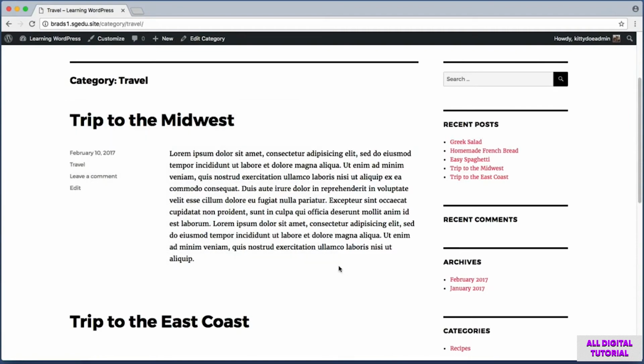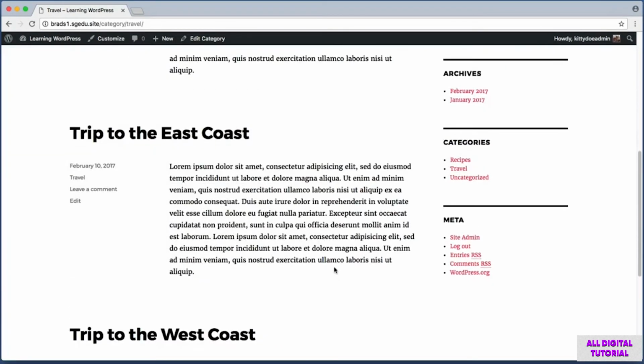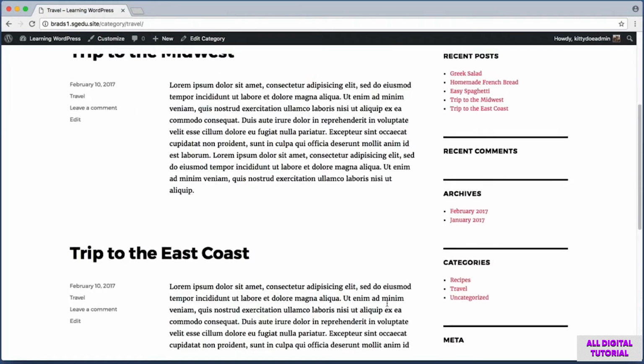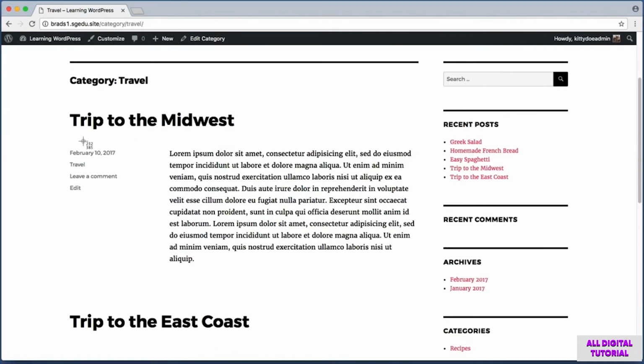So here we see the first post, and then the second post, and then the third post. And currently this content looks a bit boring. I think it would be better if we included a photograph for each post right about here. Now, in previous lessons, we already learned how to add photographs within the content for a page or a post. Now, while that is certainly a valid way of adding photos to your content, in this lesson, I want to show you a feature that WordPress has that will let us associate an image with a post.